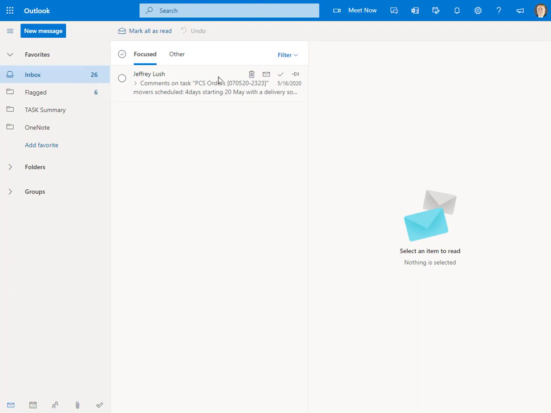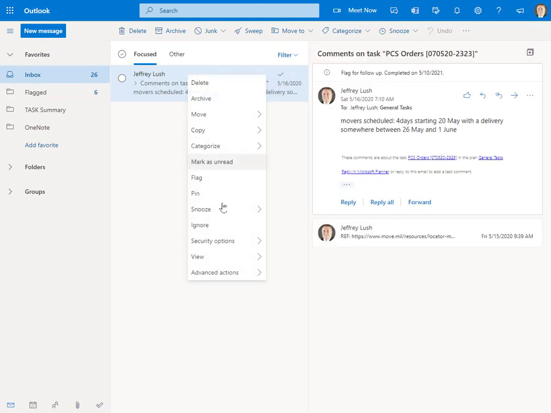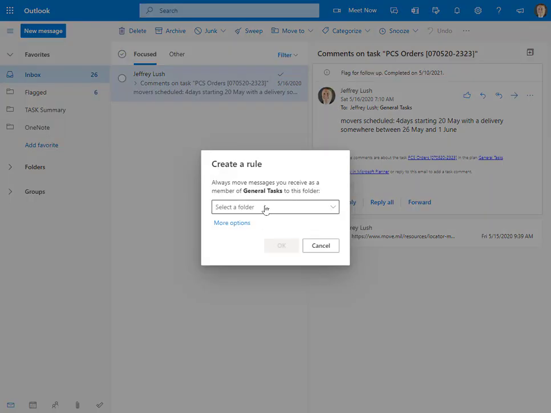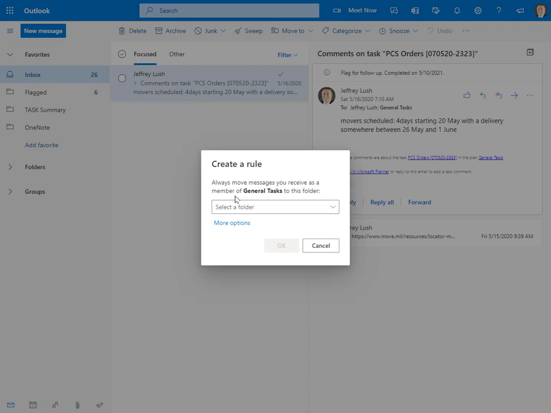and build the automation. The automation is actually pretty easy. We know that we want all emails that are related to comments on task. Anything that comes up with that, we want to automatically have a rule. So we're going to go down here, right click, advanced options, create rule. In general, we want to move things over. Now, the problem is that not all of them are going to say the same thing here, PCS orders for example, but they will have a similar attribute,